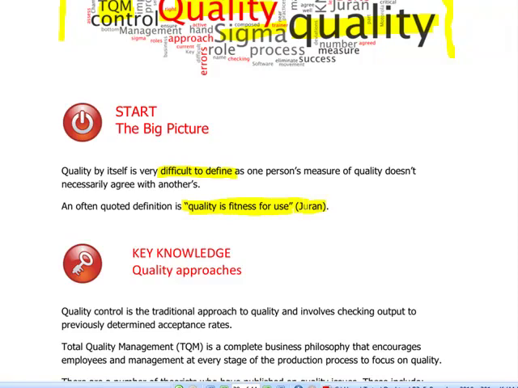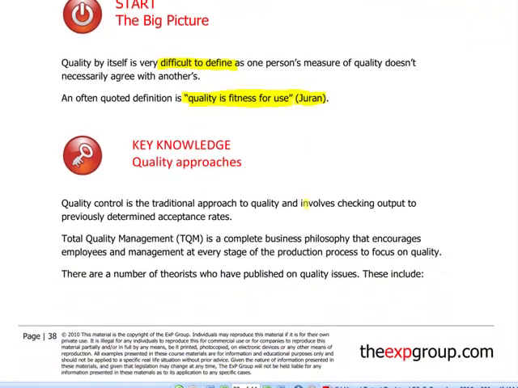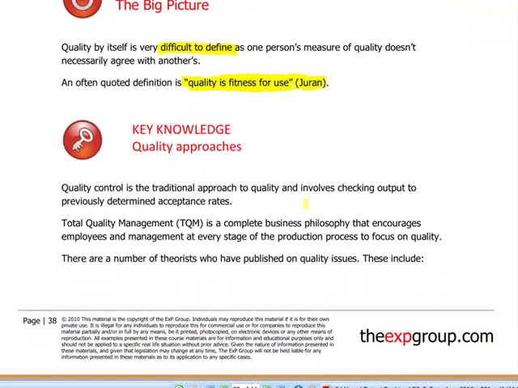Okay, let's start looking at various different approaches to quality. So, quality approaches on page 38 of the Express Notes. We've got two main areas here we're going to be talking about: the traditional approach and something called Total Quality Management, TQM. Now, the traditional approach is really based around checking